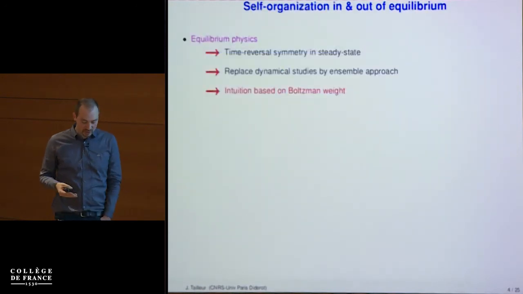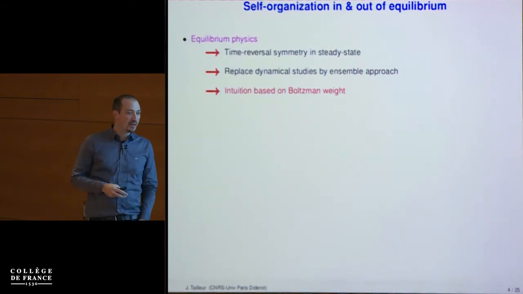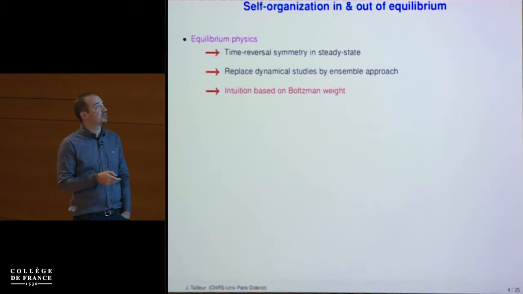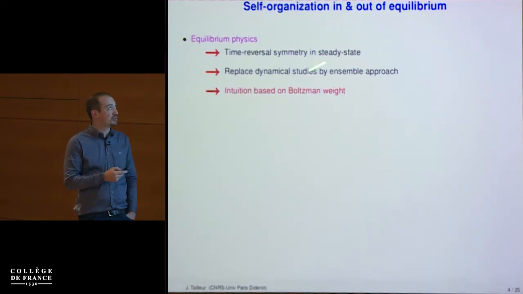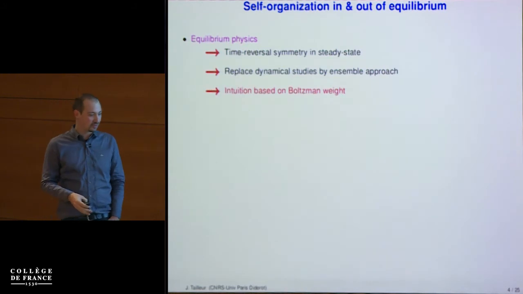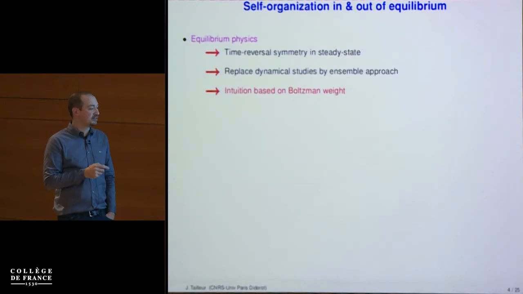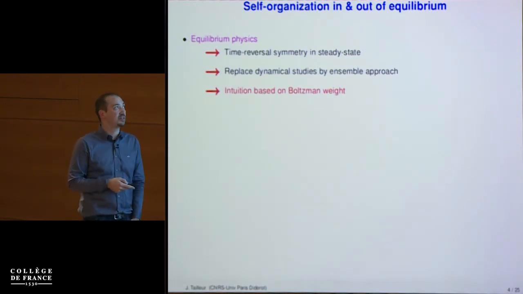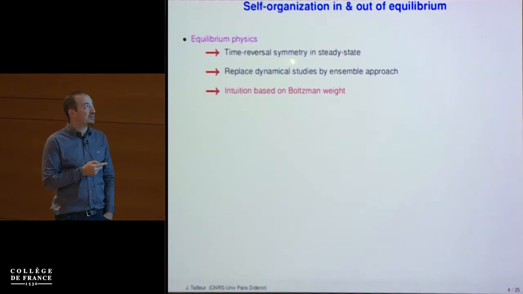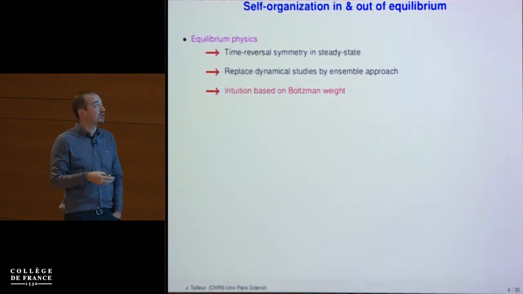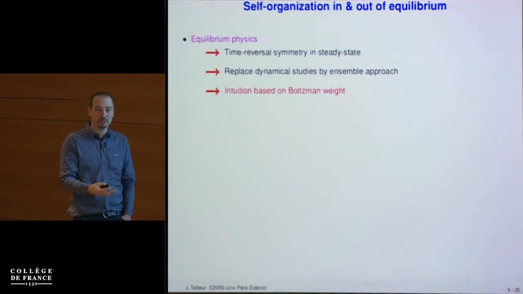If you open a modern textbook on equilibrium statistical mechanics, typically people will put forward three main properties. The first one is that in steady state, you have time reversal symmetry. That's typically what I put forward when I give talks, which is not the talk I'm giving today. Another one is that, and that's really something which is unique to statistical mechanics in physics, that we can replace dynamics and simply look at the static properties of systems. If you think about the Schrödinger equation, Maxwell equations, Navier-Stokes, all these equations are dynamical. When you do stat-mech, you do ensembles, equilibrium stat-mech.